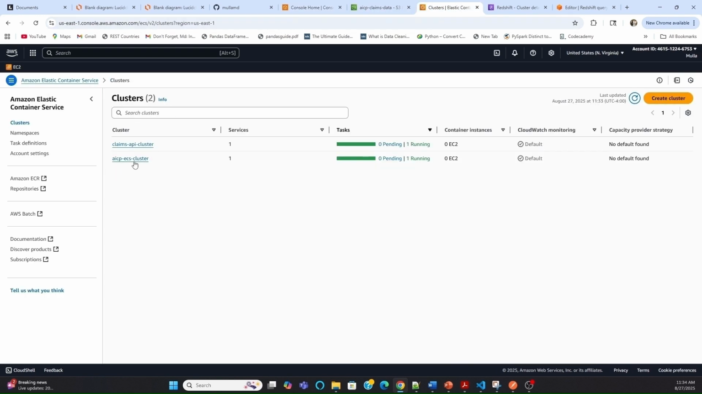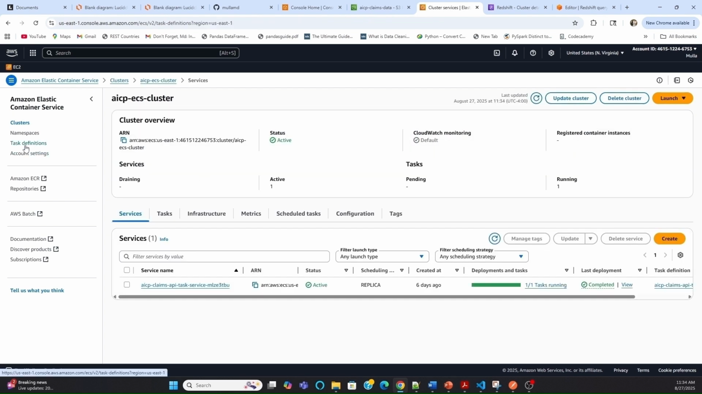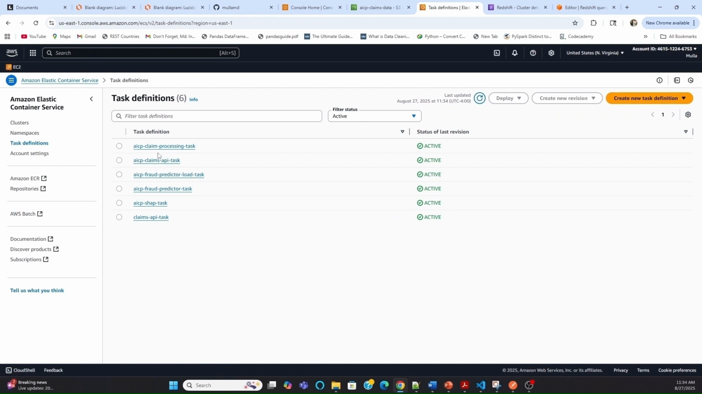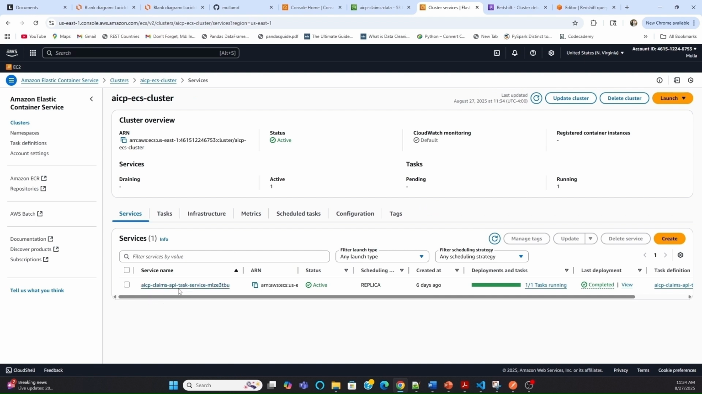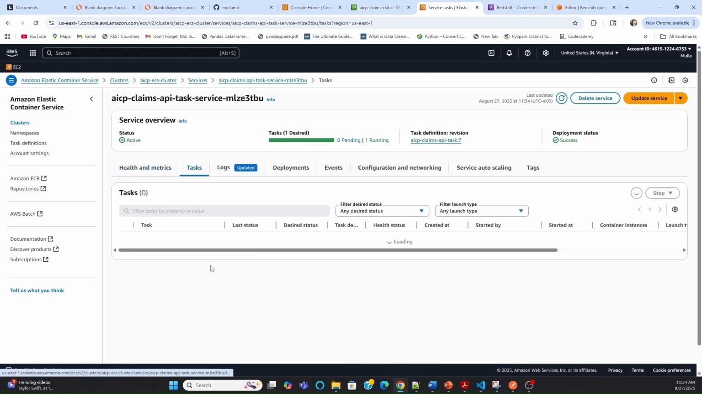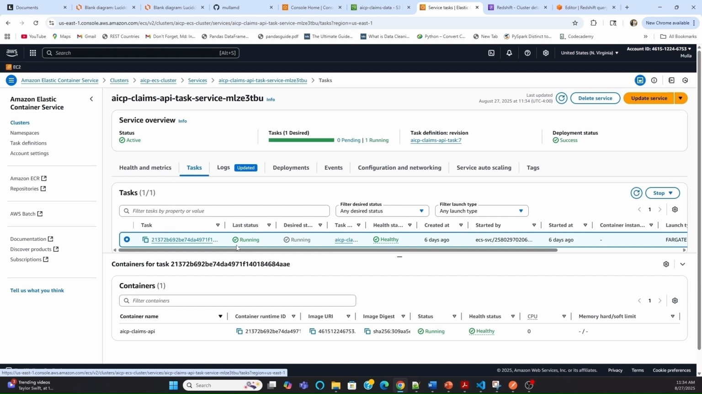So this is our AICP ECS cluster, and this is our task definition, AICP claims API task. And then let me show you the service. So this is our service for the AICP claim API, and this is the task running. So everything is deployed. Now,